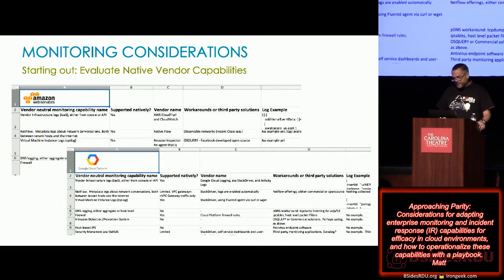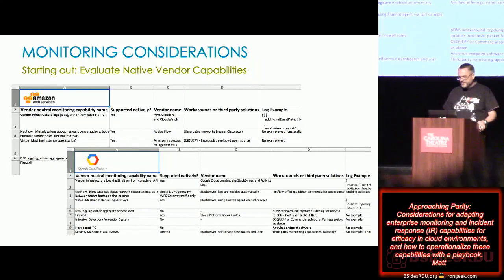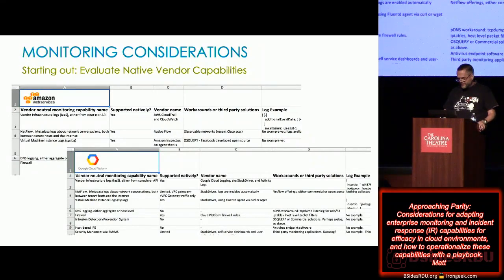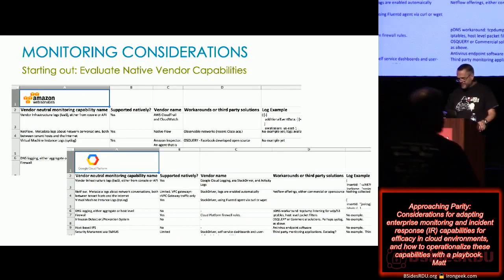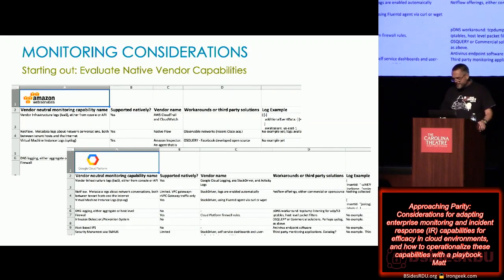So we can start by examining native vendor monitoring capabilities. For one, doing so will help illustrate the different vendor names for similar technologies. And you can maintain your own surveys, like the ones that I've put together here. But vendors are now publishing their own guides, and quite frankly, it's easier just to use the ones that they've put together. An example is the Google Cloud Platform for AWS Professionals Guide.